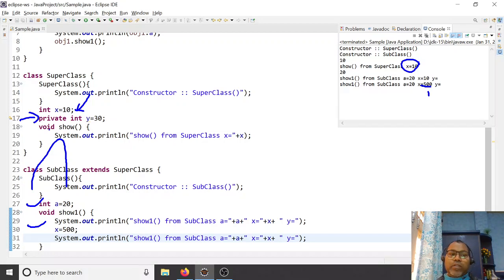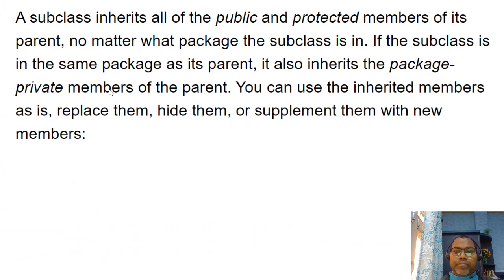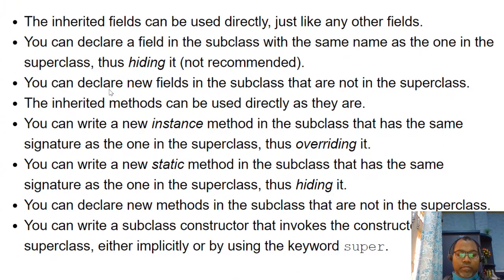So the general preference is, whenever you write a class, the fields should be private. Anyone can inherit your public methods and default members, but they cannot inherit your private data members.